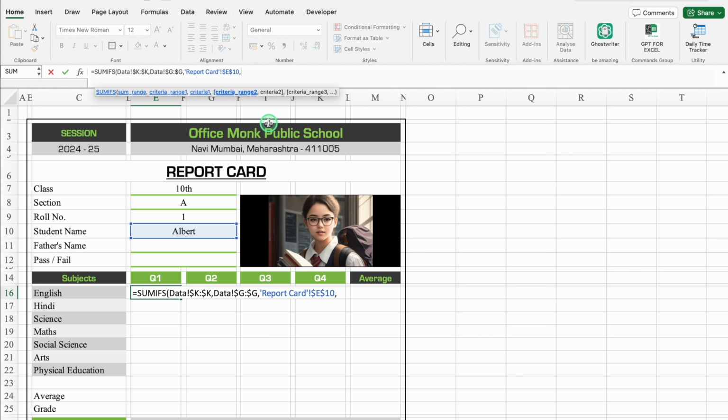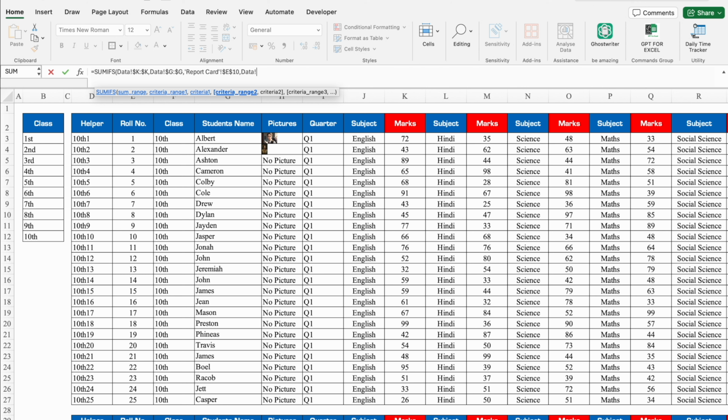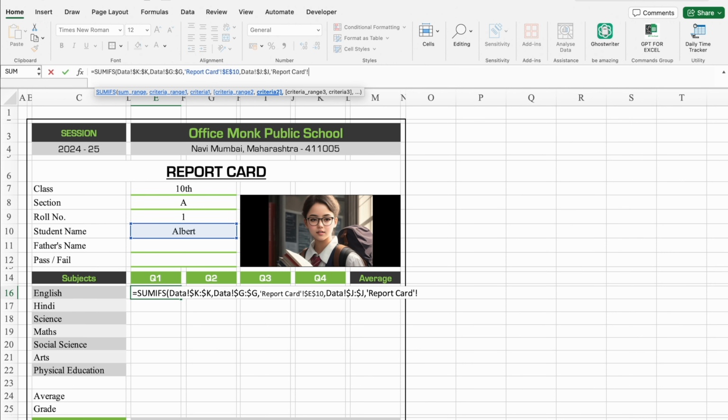criteria range 2. We will go to data sheet. Criteria range 2 will be subjects. So I'll click on top of subject, on top of English. We'll press function F4 and the range will be locked, comma, criteria 2. We'll go to my report card and we'll click on English. We'll press F4 3 times and dollar will be inserted just before the cell number, comma, criteria